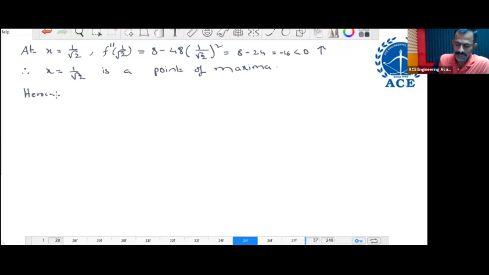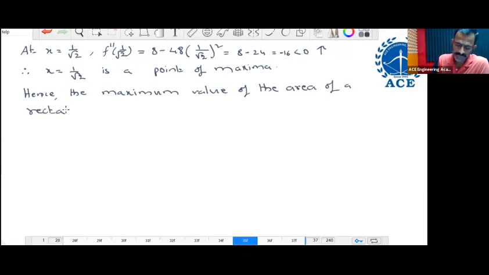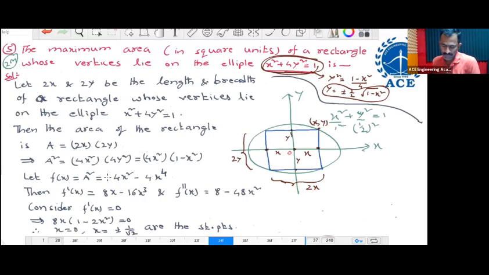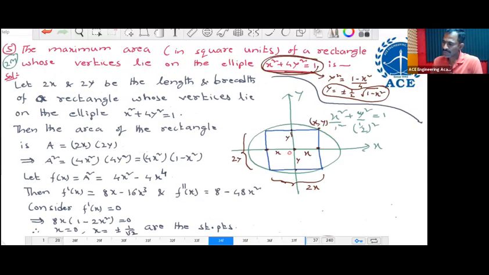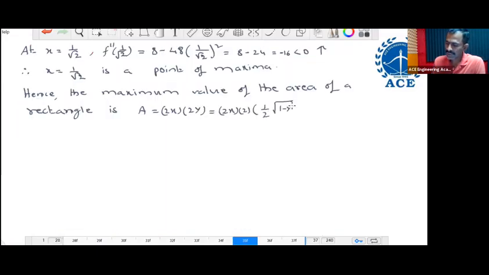Hence, the maximum value of the area of a rectangle is A equal to x into 2y. 2x into 2y equal to 2x into 2 into y, in place of y we write the 1 by 2 into under root of 1 minus x square, and x equal to 1 by root 2 only. 2 gets cancelled. 2 into x